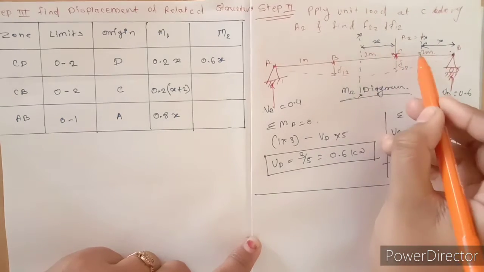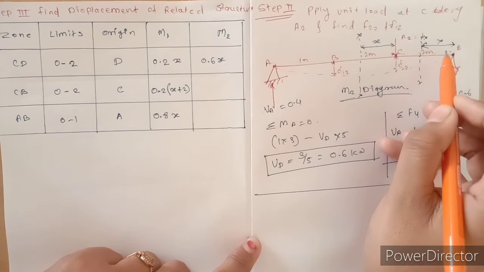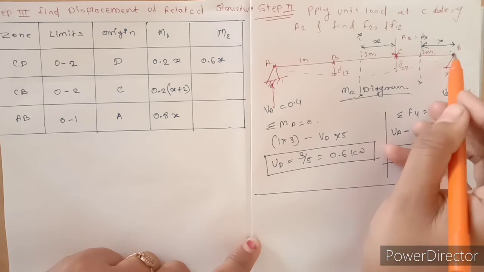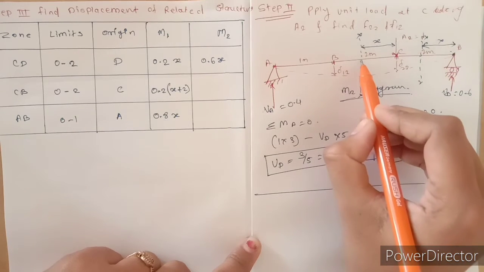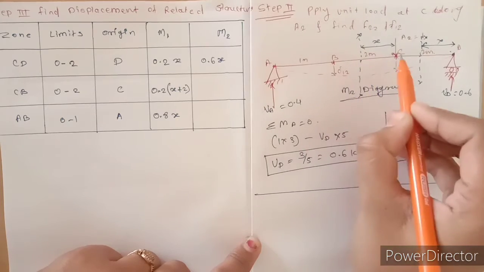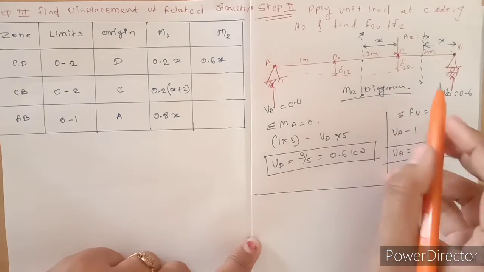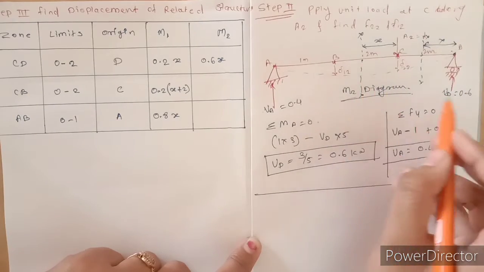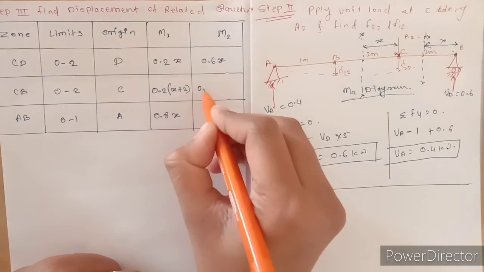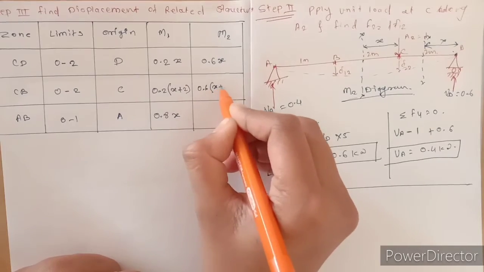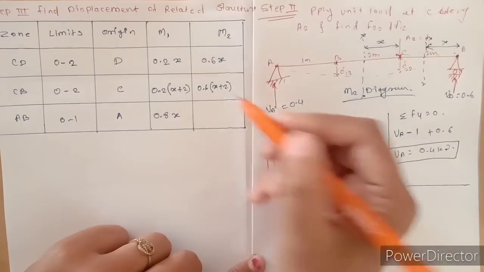So this x plus this 2 meter. That means from D point to this axis total distance is x plus 2. So take movement over this x axis. So this 0.6 into distance is x plus 2, then minus